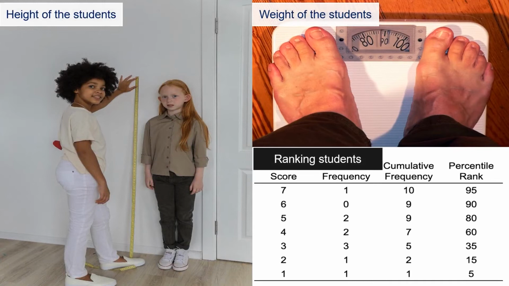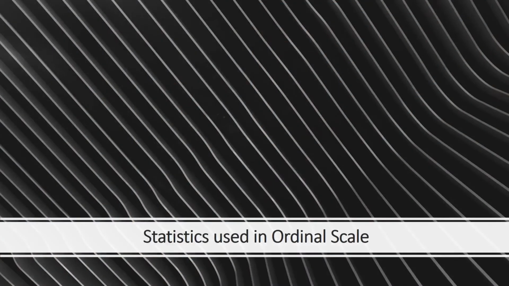Say you are conducting a type of sports, it may be cricket, it may be other types of sports also. How many points who earns, okay. So for knowing that, you can also do it by using a type of ordinal scale. Let us go forward. So friends, you see these are certain statistics that you can use in ordinal scale.